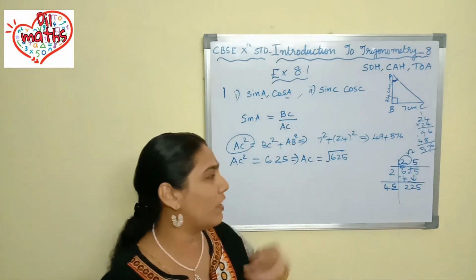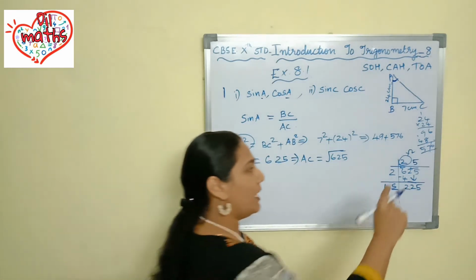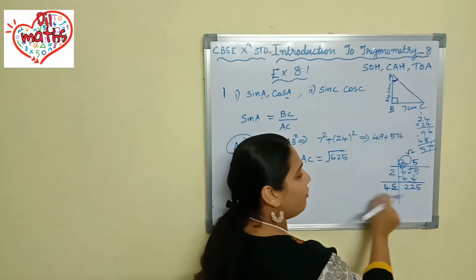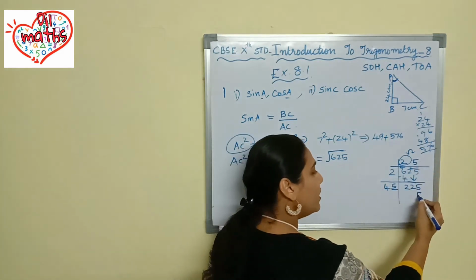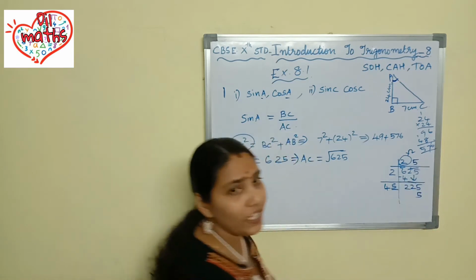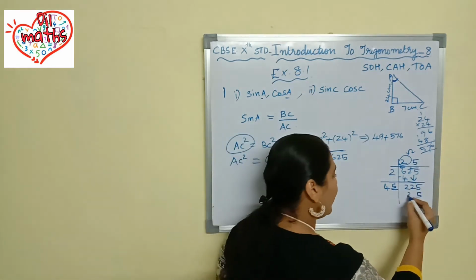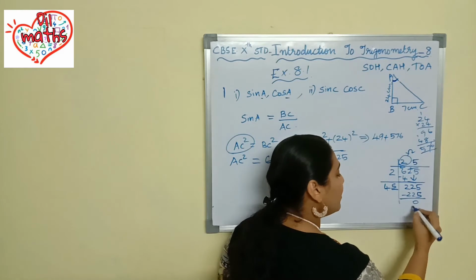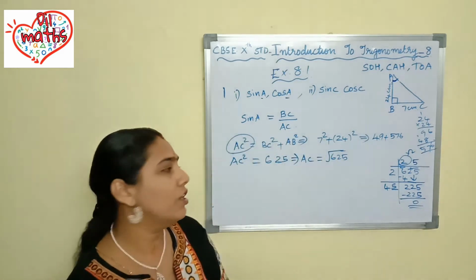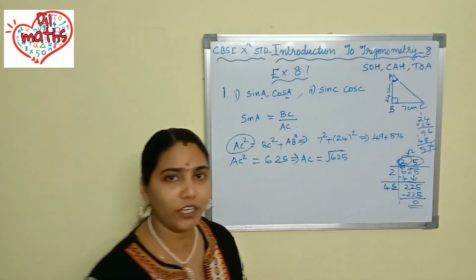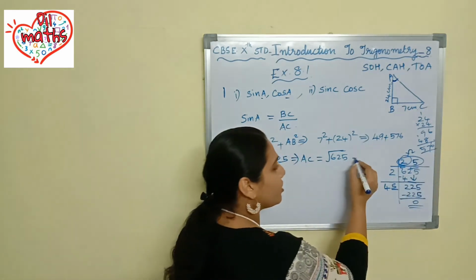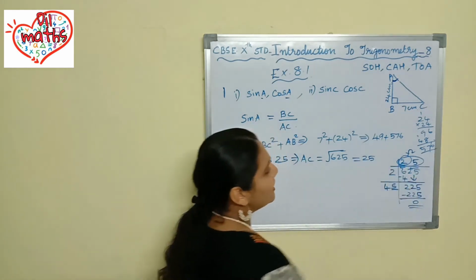So whatever number you are writing here, that you should write here also on the right side of the digit. So what we should do next, we should multiply this quotient with this 45, and that result we should write here. 5 5s are 25. 2 carry forward, 4 5s are 20, 20 plus 2 is 22, 225. And what we get? We got the remainder as 0. So what is our square root? Square root is the quotient we got here. So what is the square root? 25 is the square root.